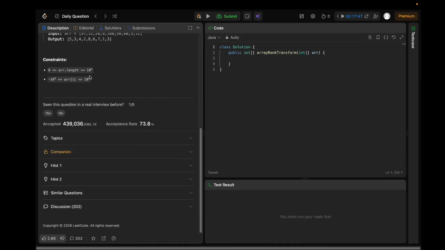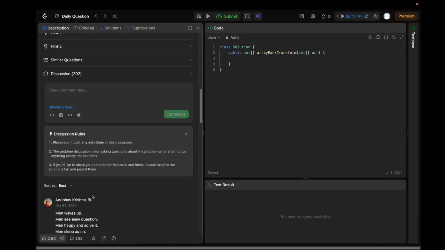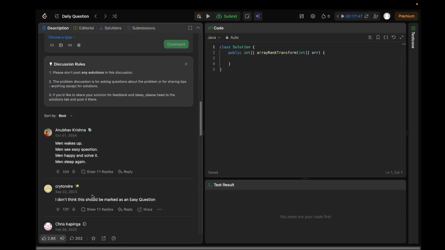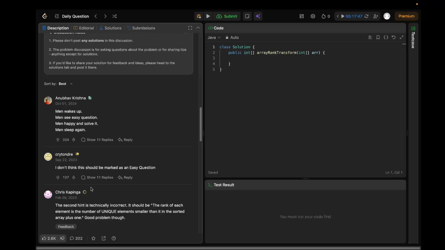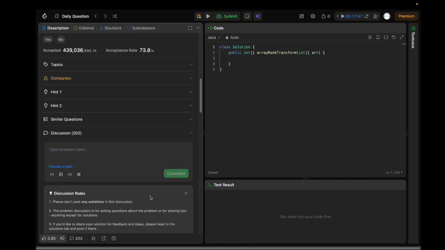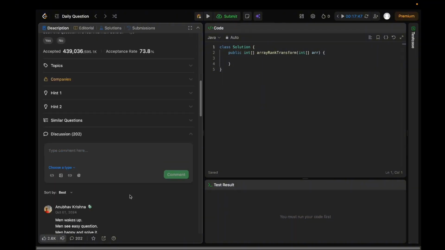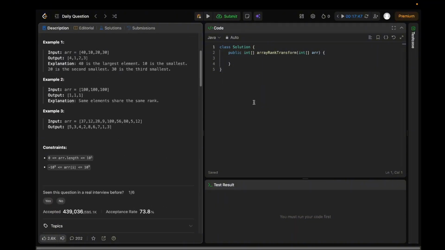See, we have 10 to the power of 5 items. So maybe